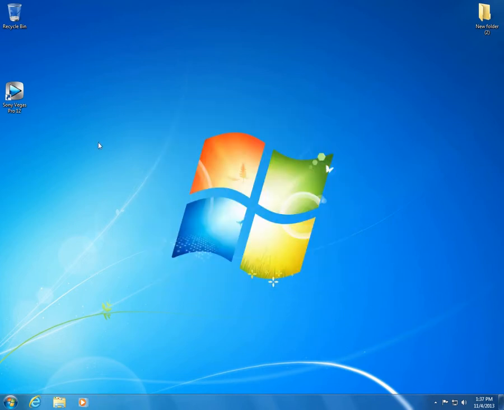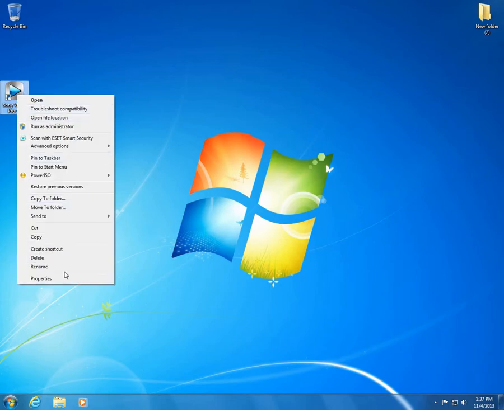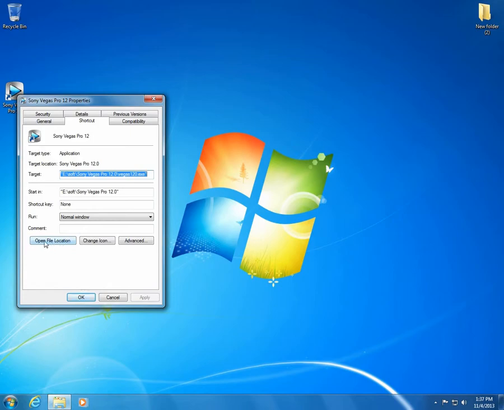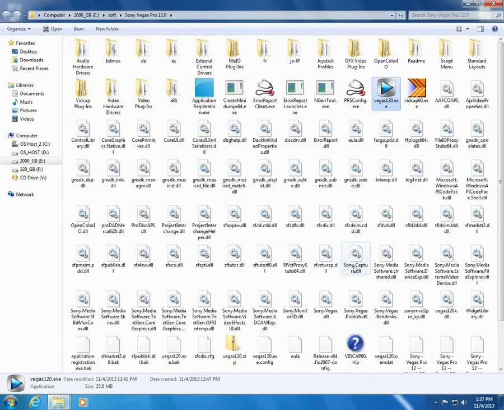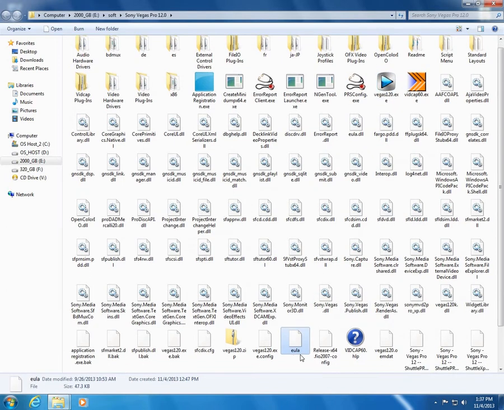To eliminate that window, let's go to Properties and open File Location. This opens the folder where Sony Vegas is installed. And here it is, the EULA file. It has no extension. Don't confuse it with this one,